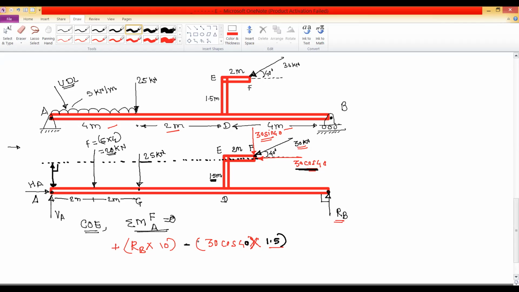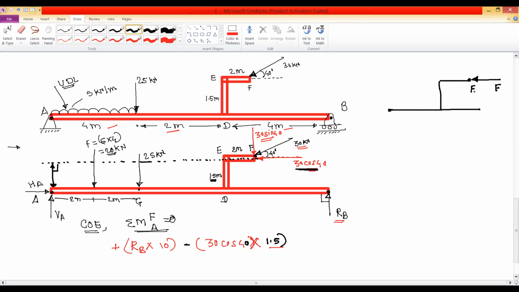So it is negative. Okay, so why is this clockwise? This is the beam ABCD. This is the extended portion, and this is the point F. At this point we have the force. Let us take this force as F only, and this is the moment point, that is A. This force will try to rotate the system in the anti-clockwise direction, and therefore this moment is positive. Sorry, I have written this negative. This is positive because it is anti-clockwise.